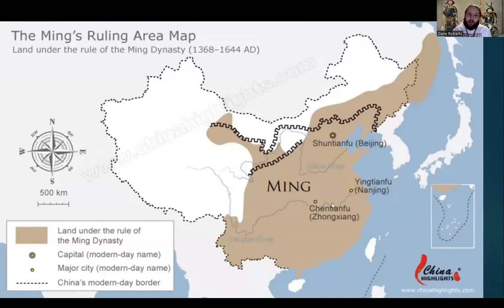One, Toyotomi Hideyoshi wanted Japan to be the new big boy on the block, because Japan, for much of its history that you see here, was a sort of tributary vassal state of the Chinese empires, including the Ming dynasty. And so he wanted Japan to be the big guy on the block. He wanted China to be the vassal state, the tributary state of Japan.